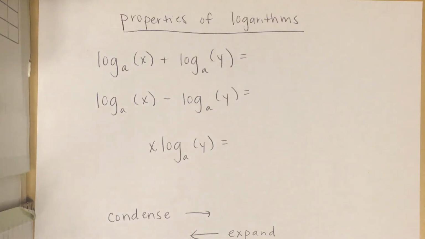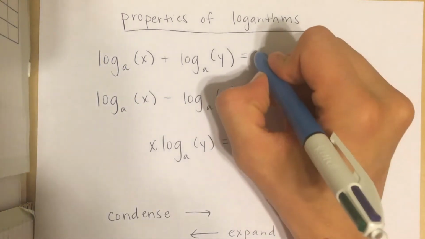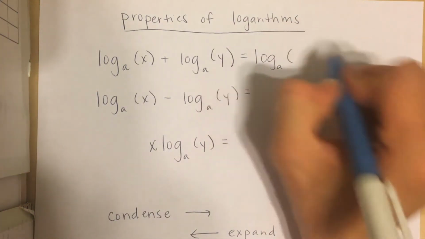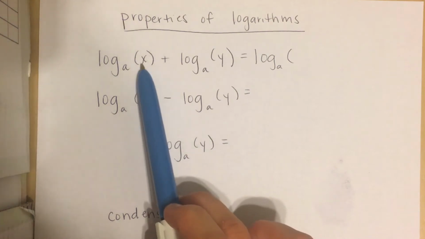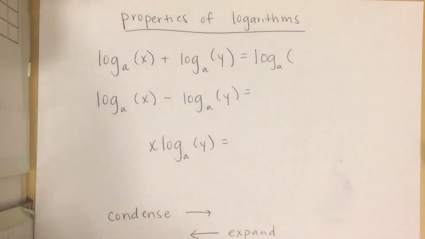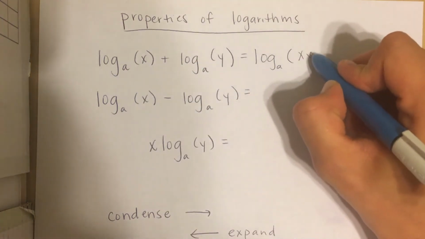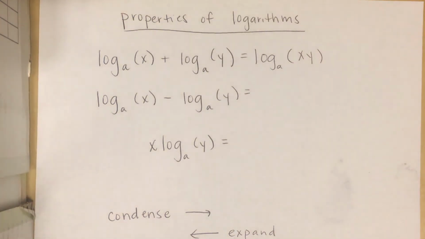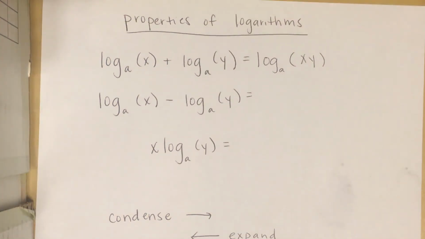There are 5 properties of logarithms that you should know. These are the first 3. Log base a of x plus log base a of y can be rewritten as a single logarithm, log base a of, you multiply what's in your parentheses. X times y is xy. So if you add 2 logarithms together, you can multiply what's inside their parentheses and write it as a single